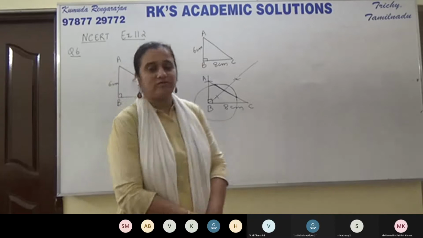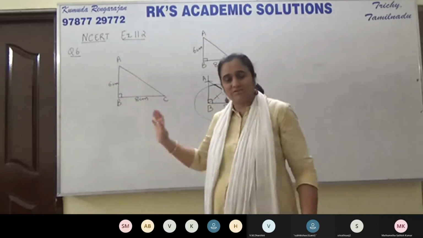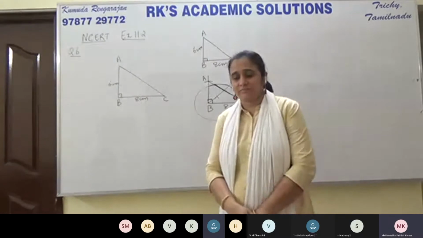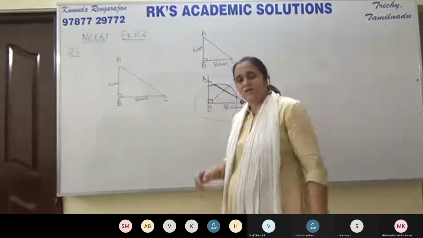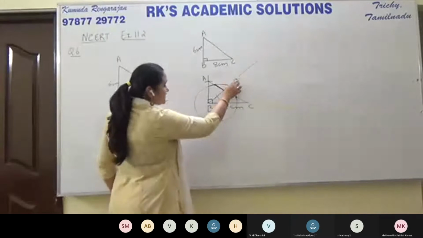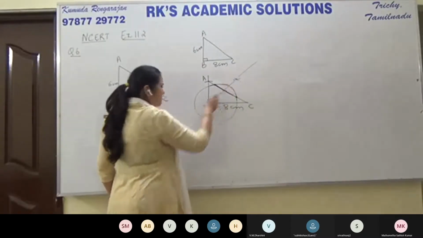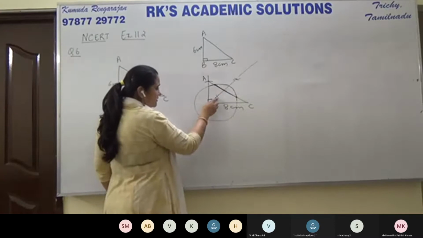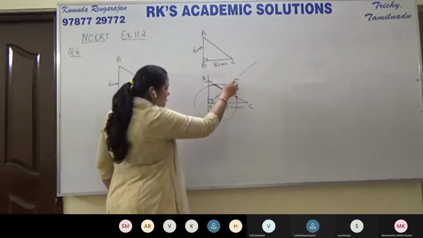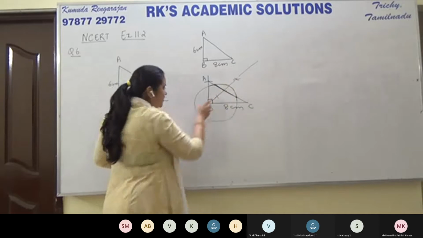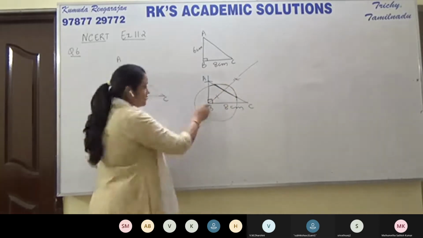Children, please acknowledge if you've completed till here. Completed, ma'am. All right. Now maybe your teacher has told you to make only these two arcs because this will pass through the center. Maybe your teacher has told you not to make these arcs. Make only these two arcs and just join it to the center B. Maybe that's also fine.